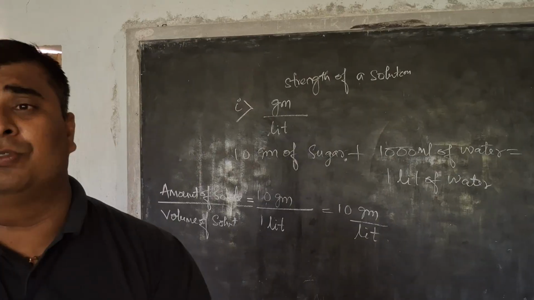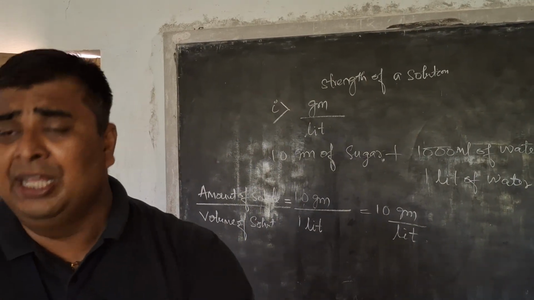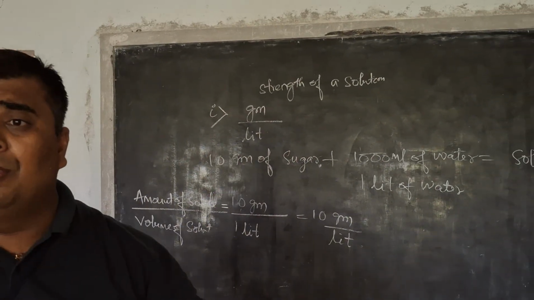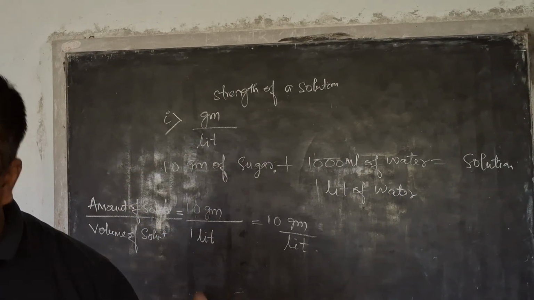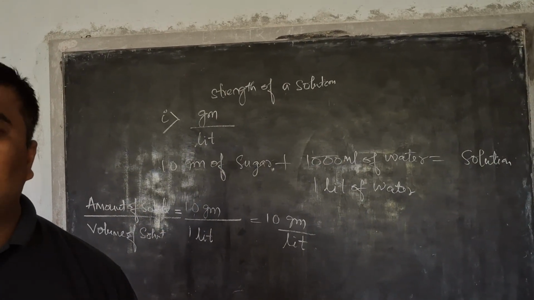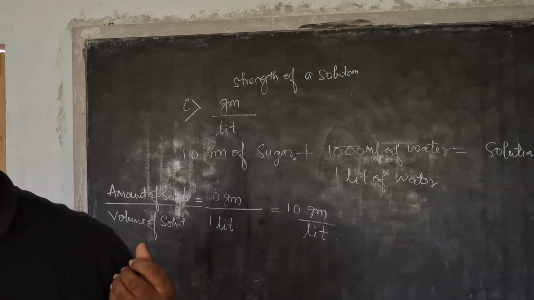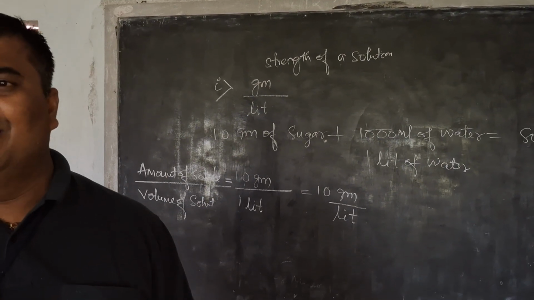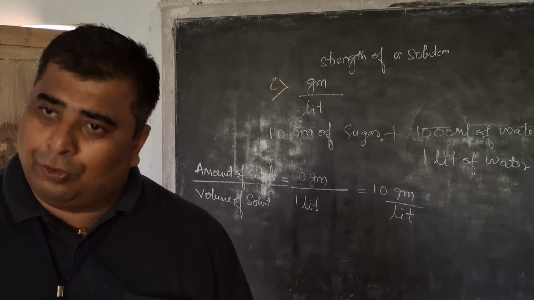So every solution in the chemical lab has its concentration, and we have to be acquainted with all these ways of expressing the concentration of a solution. Then chemistry will be comfortable to study, and we can know the details of chemical properties and anything for a chemistry lab and for chemicals. That is the useful work.